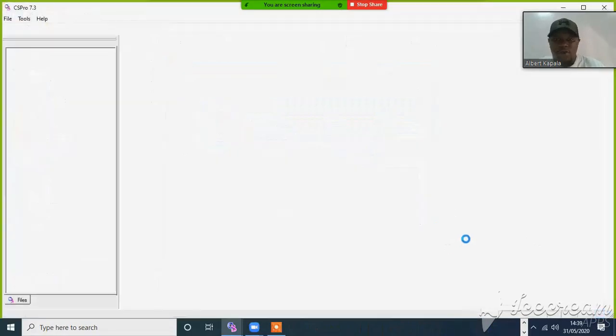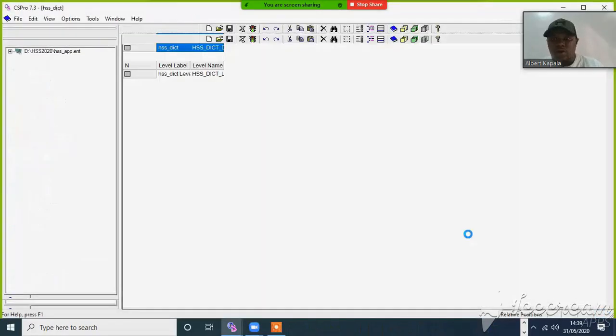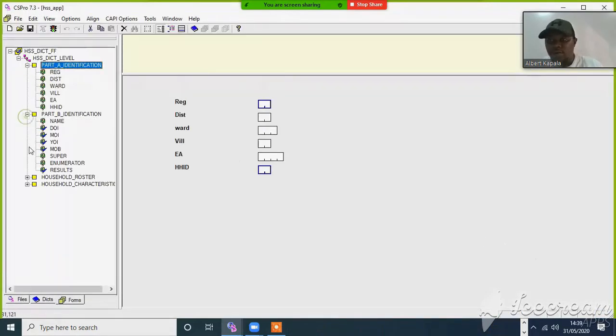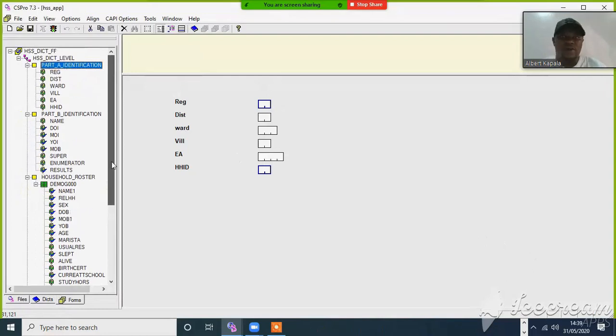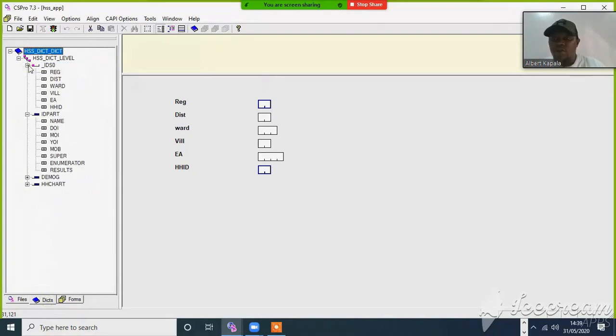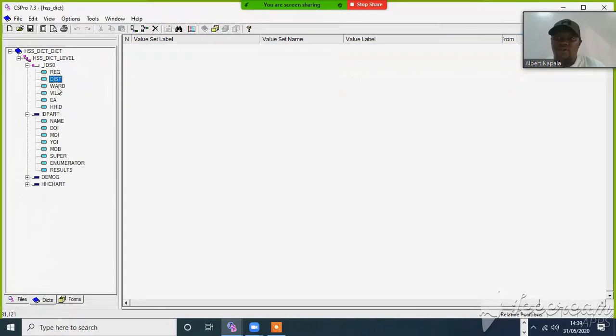With our CSPro program, we've already included logic checks as we saw in the previous video. Now, we didn't include the value sets for district, ward, village, and enumeration area. As I said, we shall use external files: an external file for districts, for ward, village, and enumeration area. So we are going to create 4 external numeric files so that